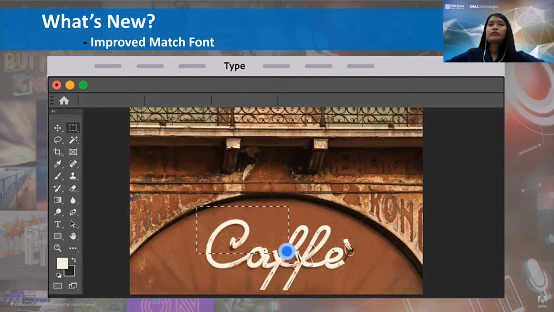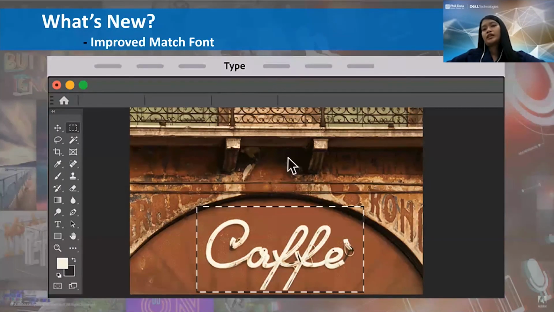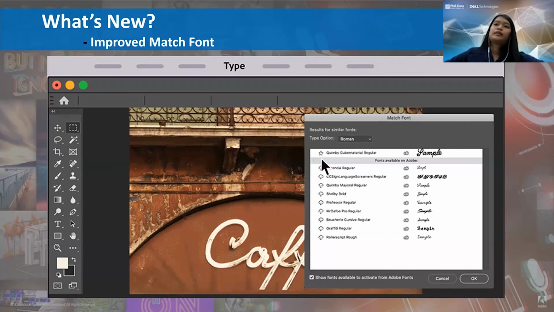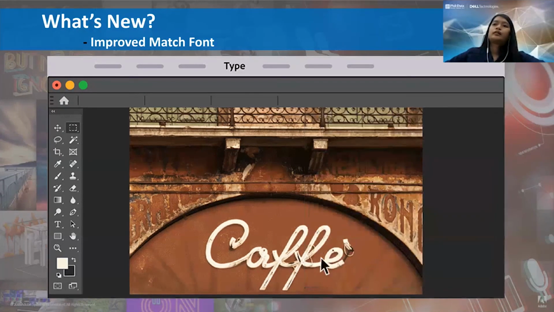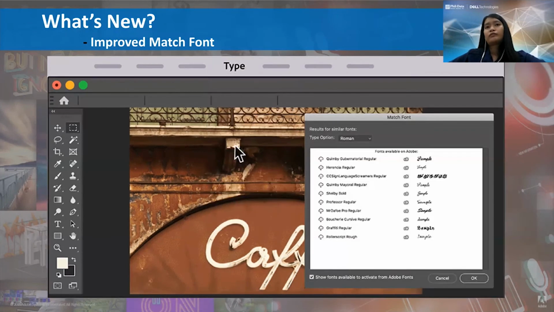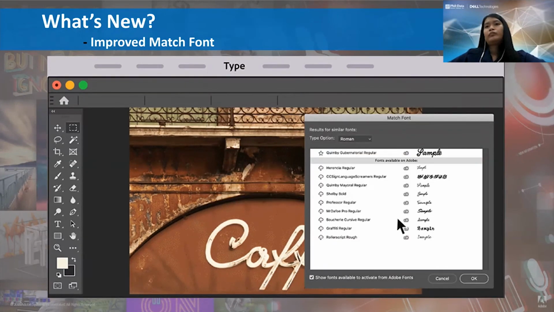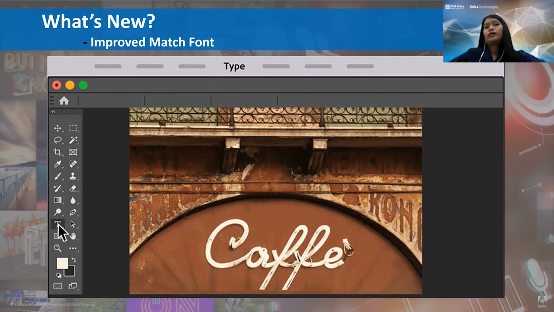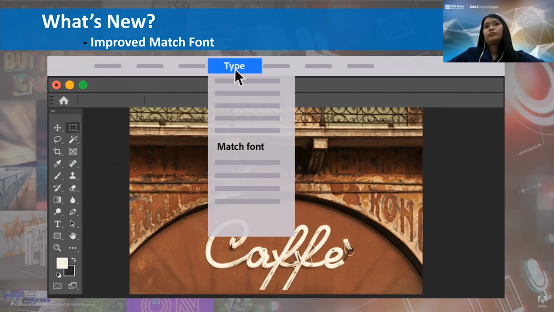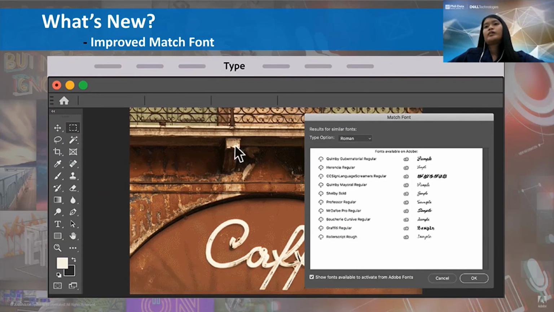And last for the June update, the improved Match Font. This is powered by Adobe Sensei, the machine learning that is also used in Adobe Acrobat. With Match Font, if you have a missing font, Adobe will suggest fonts that are similar to the image, or suggest the exact font that is missing in your library.